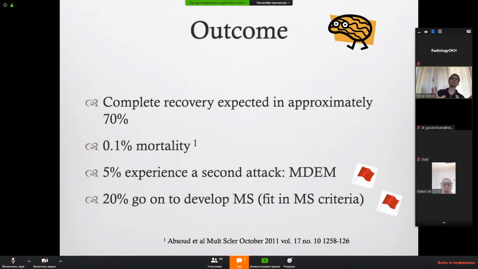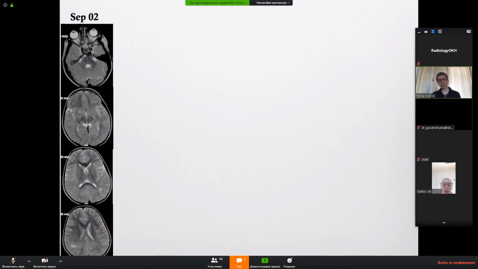So when you have just an event of ADEM, you are fine because the child is better. You label this as a clinical radiological diagnosis ADEM, that's fine. But when the child keeps being ill, you can either diagnose a multiphasic ADEM or an MS. And I will show you this case that was given to me by